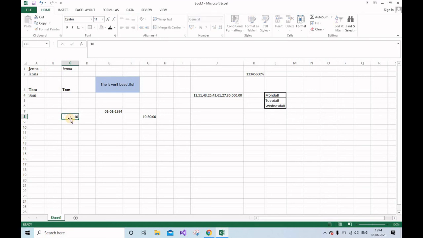Like I'm writing 10, 20, 30. Now I want in this cell the sum of all these numbers 10, 20 and 30. What I'll do is I'll go to the AutoSum and I'll do enter.